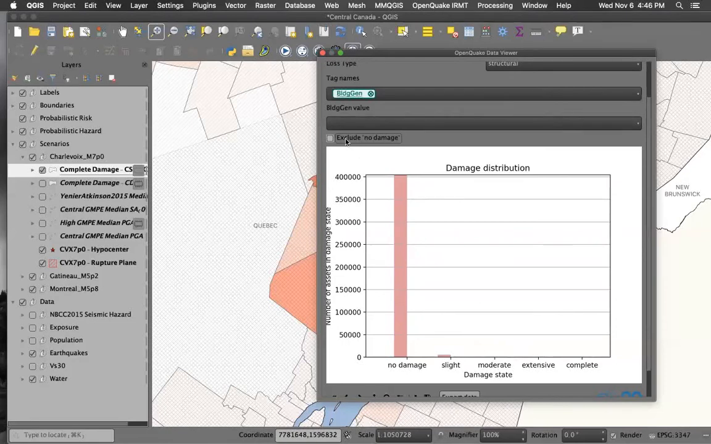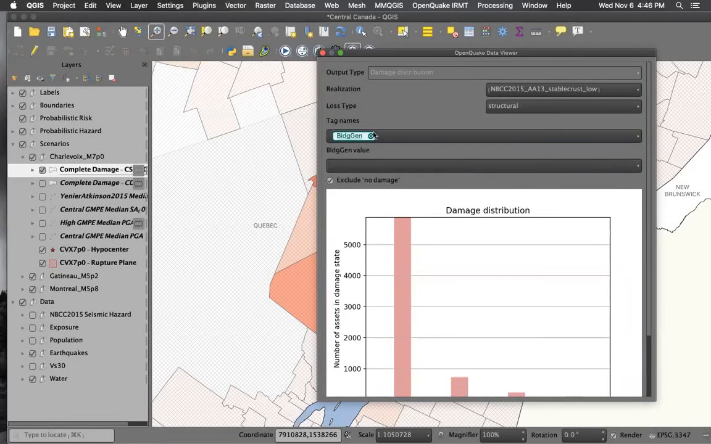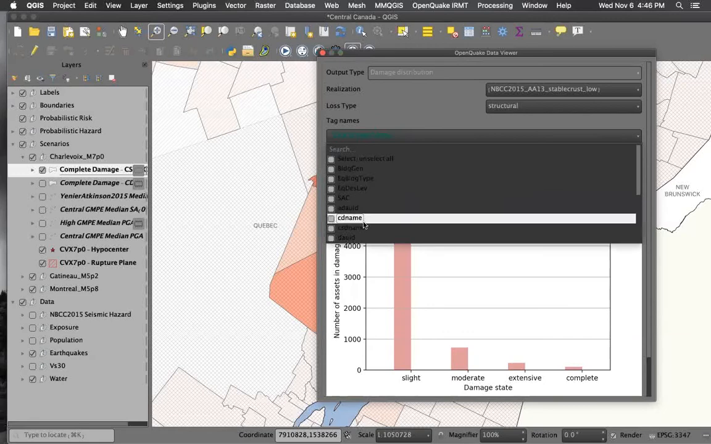This will typically be the case for many scenarios where only a small portion of your exposure might be affected by the earthquake. So you might want to exclude the buildings that have no damage or loss. Now we're rescaling the chart to exclude no damage. So yeah, you can explore these results at different levels of aggregation. You can select other tags that